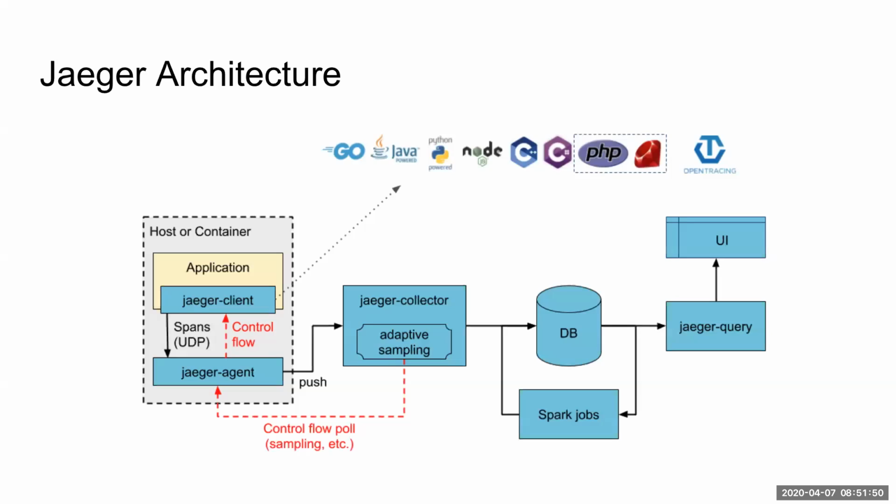Here is Jaeger's architecture. There are 4 components in Jaeger architecture. The first one is Jaeger's client. Jaeger's client is the library you need to use. You need to integrate it with your application. For example, if I take the BBC, which is implemented in Golang, I choose the Golang Jaeger client, and